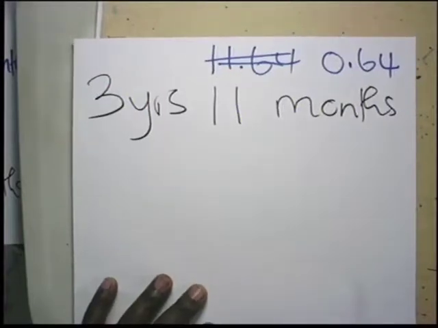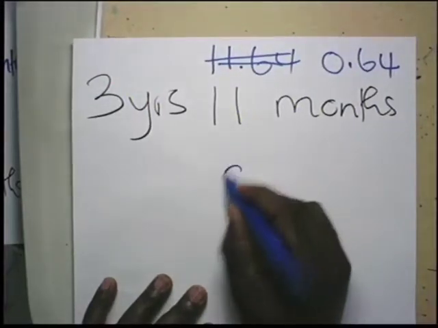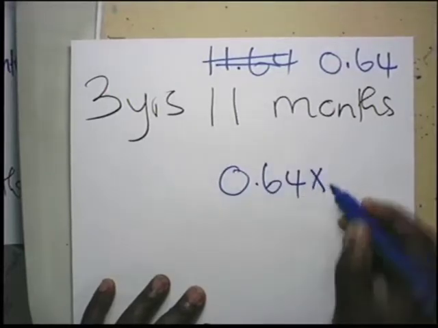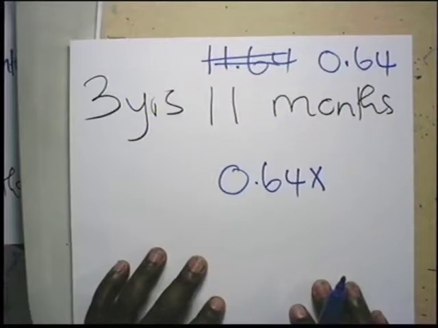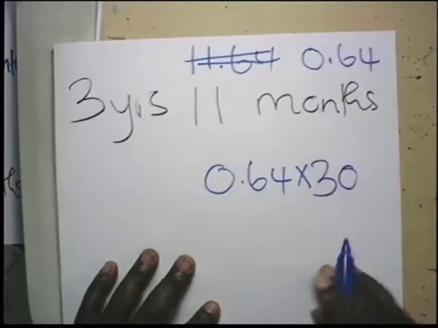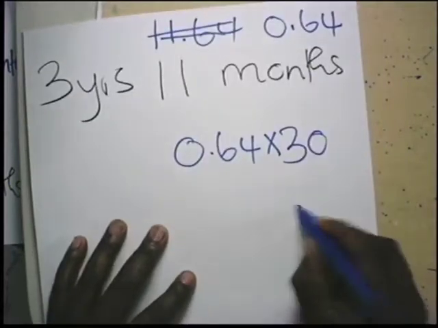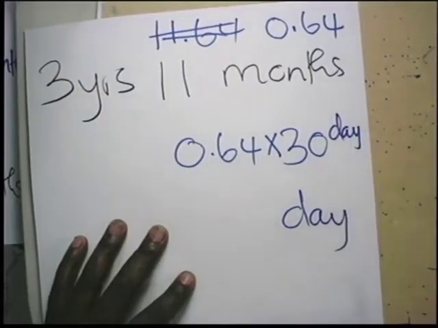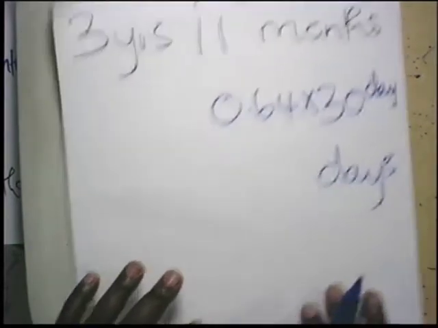So how do I get it? I'll go and say 0.64 multiplied by number of days in a month. We just use an average of 30. So I'll say multiply by 30, and what I get here should be days, because this is 30 days. Therefore,